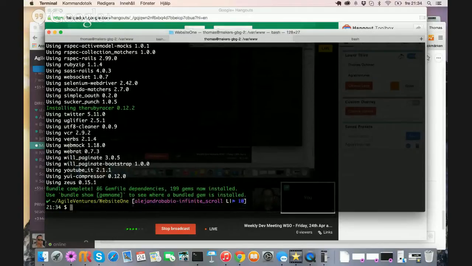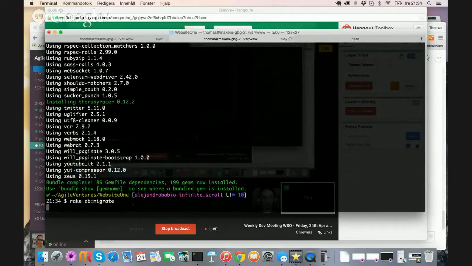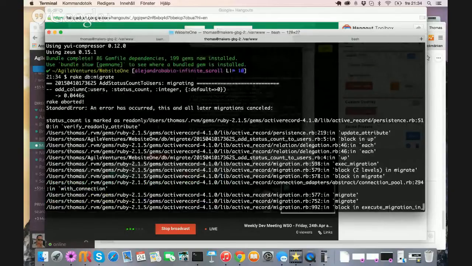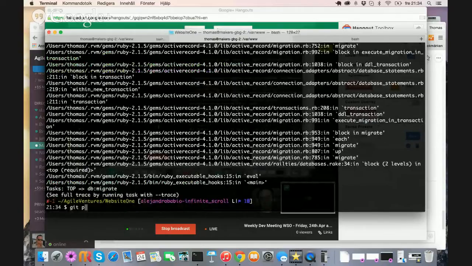It looks okay, but let me just have a look. So I have everything up to date. Did you add anything to the seeds file? No, nothing.